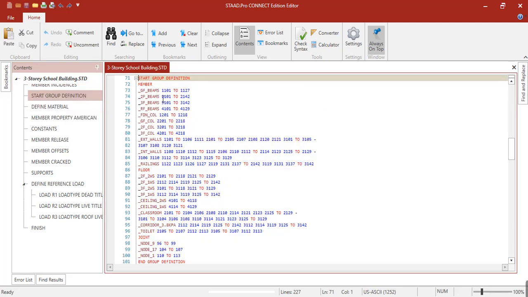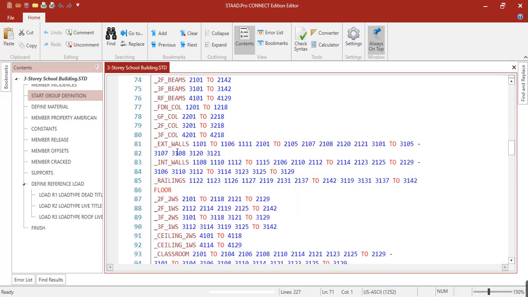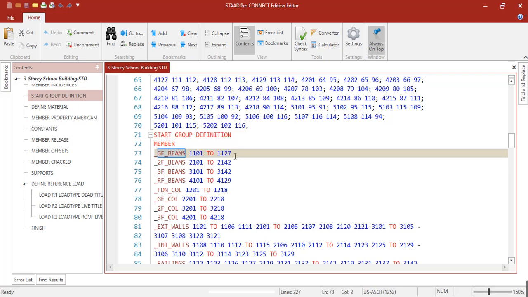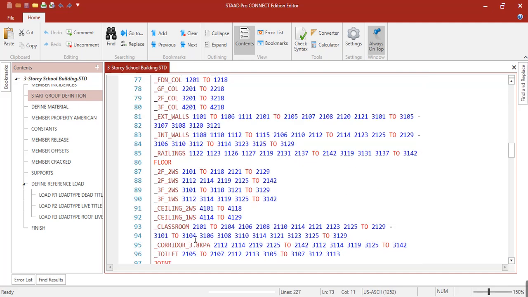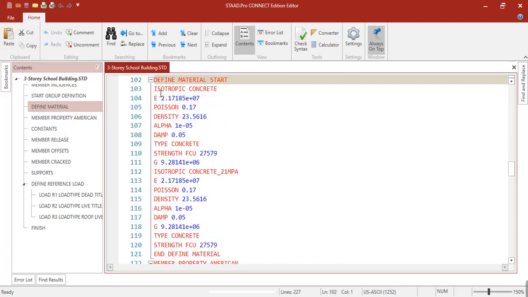These are the group definitions that we've created. This is for the ground floor beams, exterior walls. This is the group name, and these are the members associated with it. This is for the classroom, and these are the members. Also we can see here the material definition that we've set.